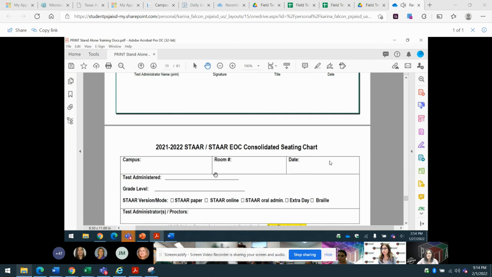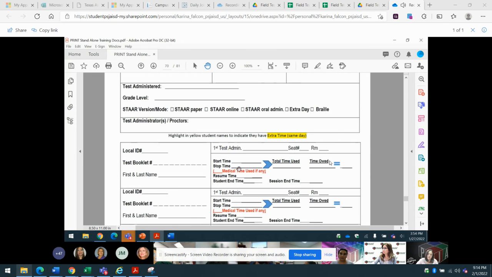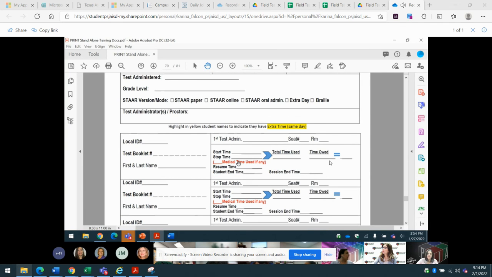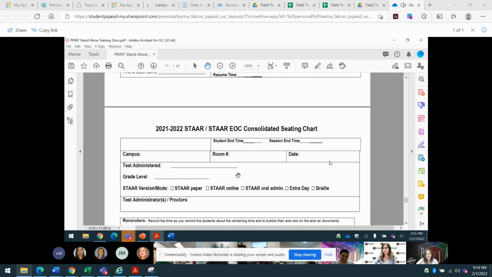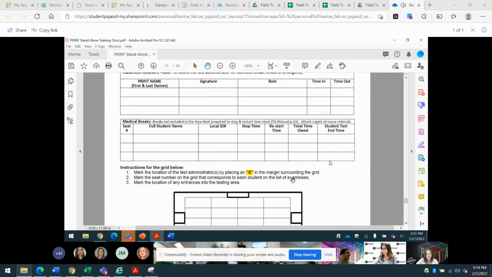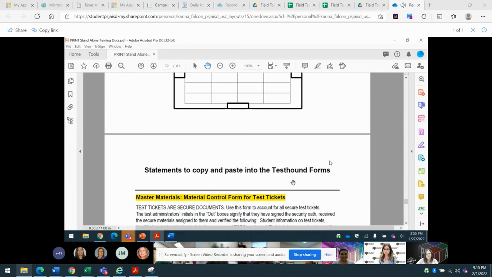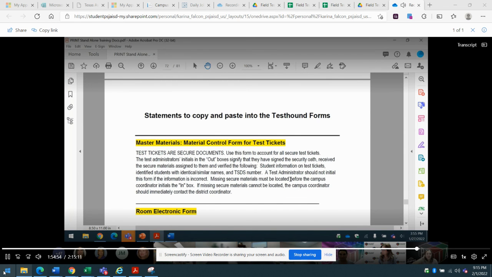Now, in rare cases, you might consolidate rooms, which is very unlikely, but if you do need to consolidate rooms for whatever reason, you already know we use the same form, the consolidation form, just to give the kids ample time to finish the test if you need to do so. This is very rare. I usually keep them in the same rooms. And the last part in section 3 is your copy and paste